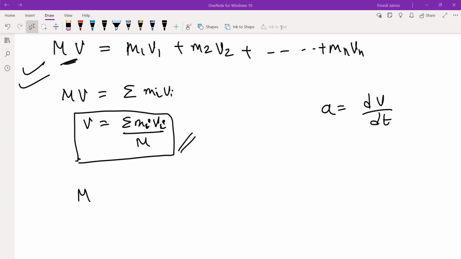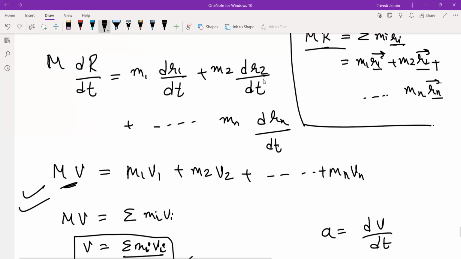Varun, tell me. Differentiate this equation with respect to t. So dv by dt equals to,